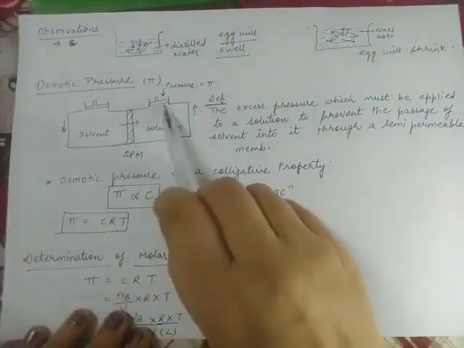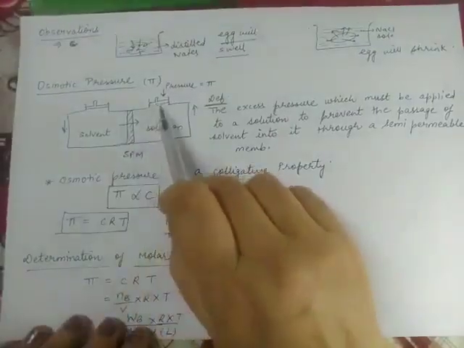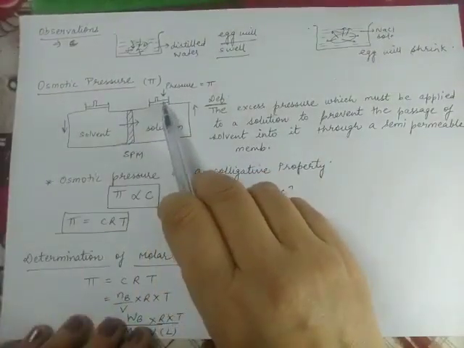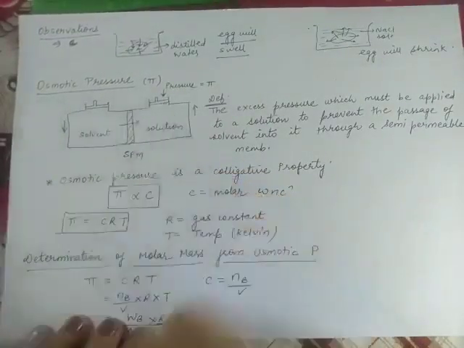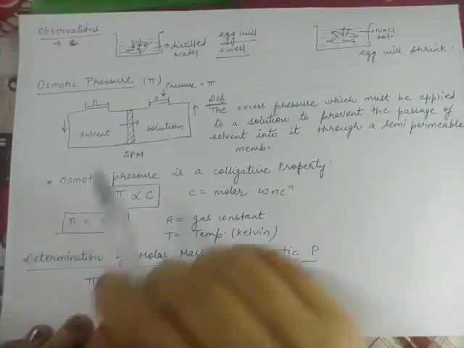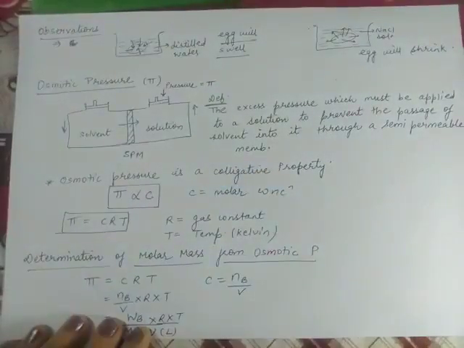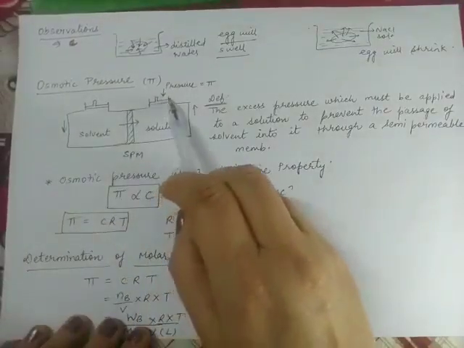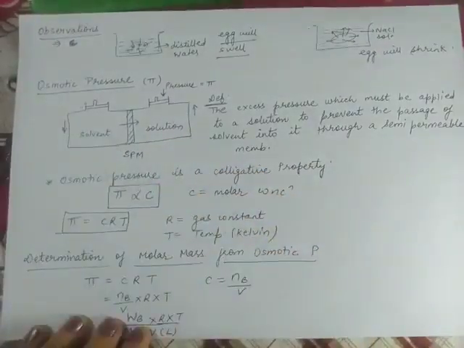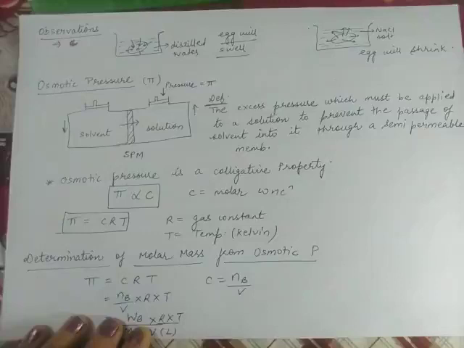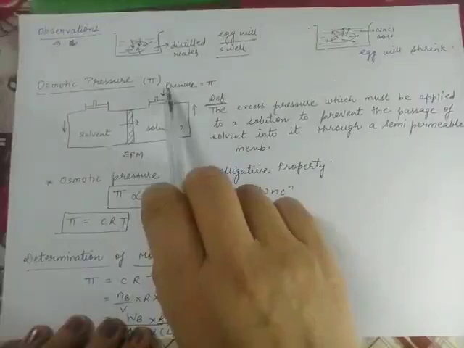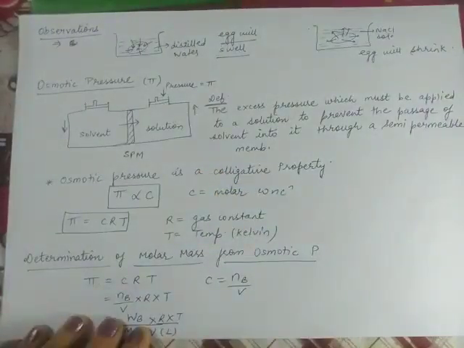But suppose I apply some pressure here on the solution side on this piston, so that the piston neither moves up nor moves down. I have to apply some pressure on this piston on the solution side so that it does not move at all. What will happen? If this piston is not rising up, this piston will not move down, and as a result, solvent molecules will not enter the solution side. It means the process of osmosis is stopped. So whatever pressure we apply here so that the process of osmosis is stopped is known as osmotic pressure.